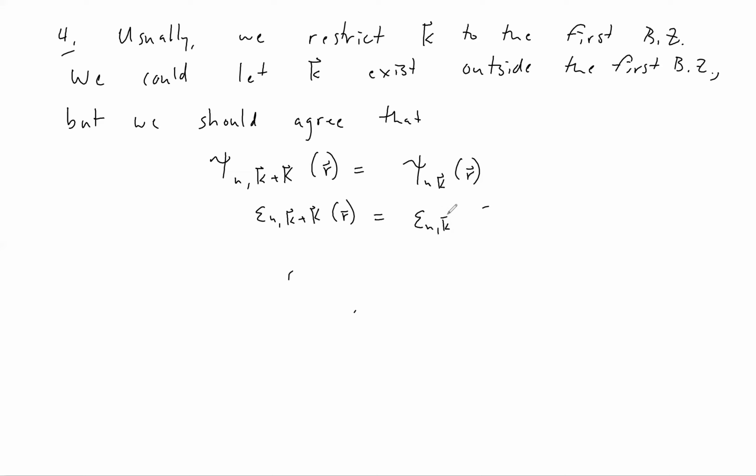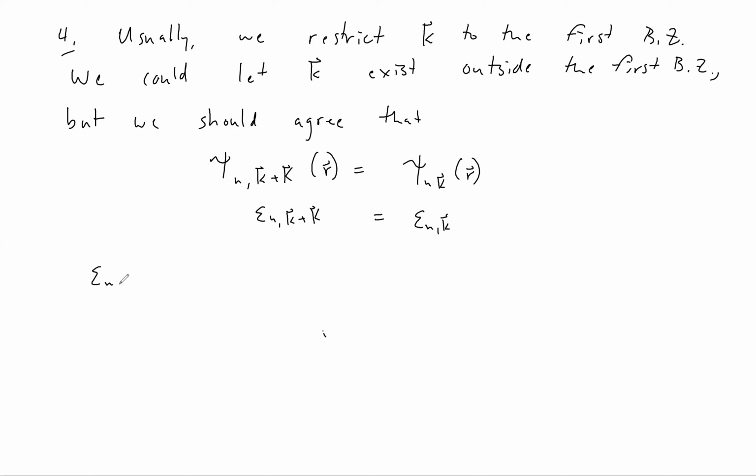And this again is because the only distinct wave vectors really lie within the first Brillouin zone, and there's no K dependence of the energy here. Okay, so what this means is that if we want to think about allowing K to exist outside the first Brillouin zone,